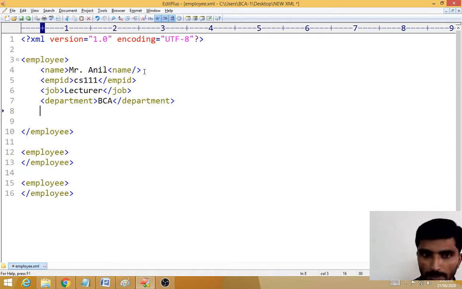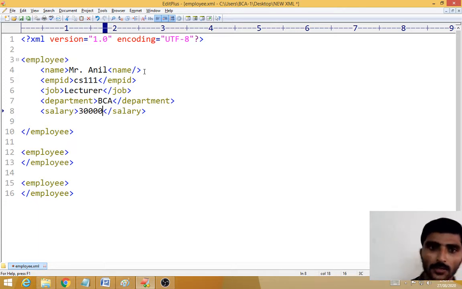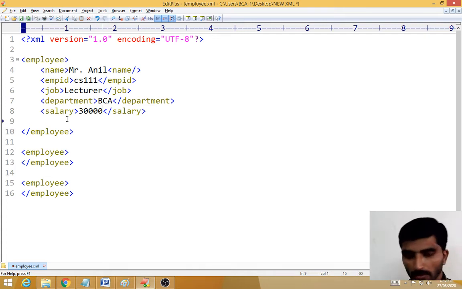Department is BCA. Then designation or salary, you can give salary, copy, paste, close it. Salary is 30,000.